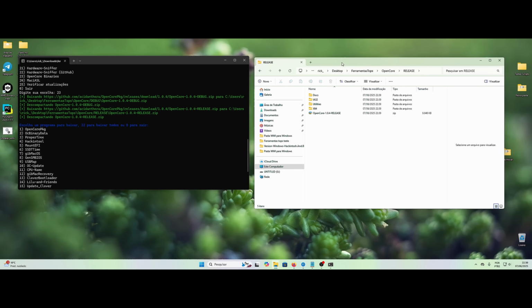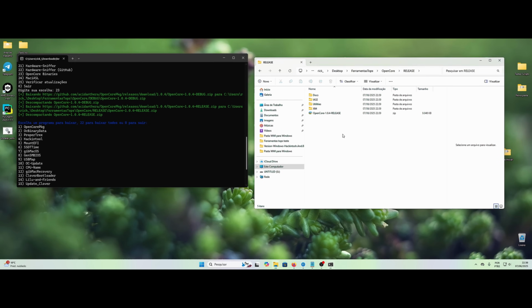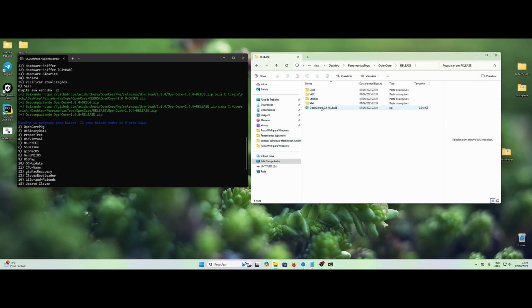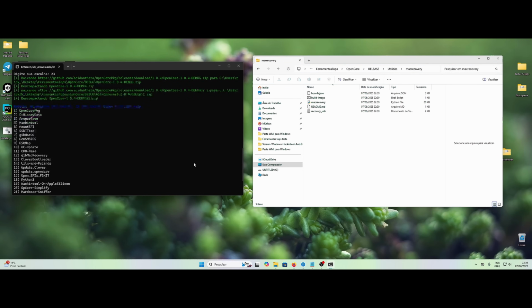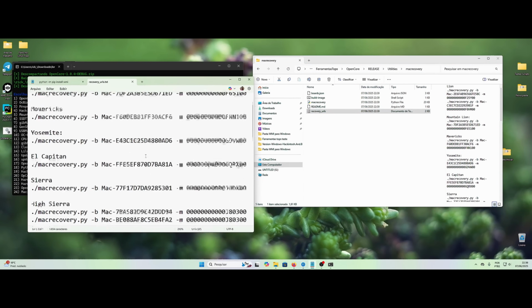This here is the official binary, so you can come here on the link. Everything is fine. Then let's come here in utilities, macrecovery. Let's open the URL here. Wow, it's huge here. Let me diminish that.